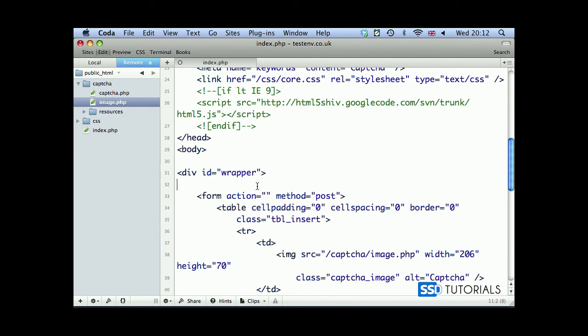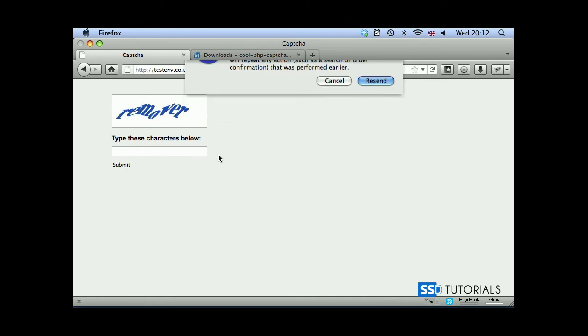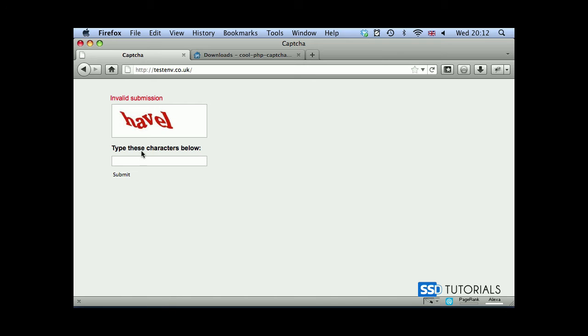So if we go to our wrapper, and after the wrapper div, we echo this message, now if we save the file, go back, refresh the page to resend the information. Obviously the submission was invalid. Now if we type the correct details, there we go, valid submission. So it did match. If we hit again with the empty one, we've got invalid one. So that's how our